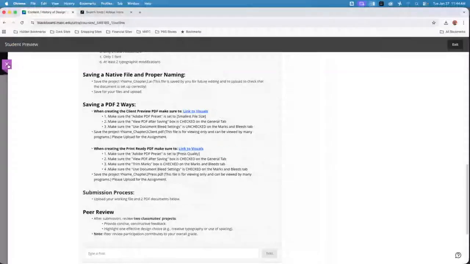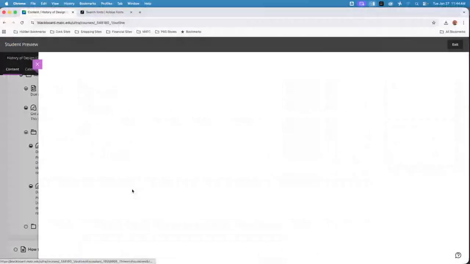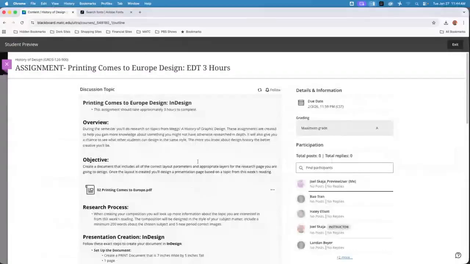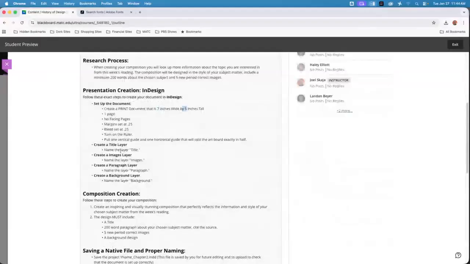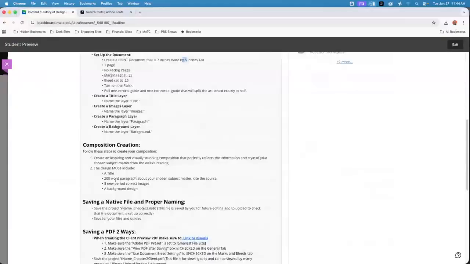Now, printing comes to Europe. We have our InDesign. I'll work on this for a little bit, and I'll work on it a little bit more next class, but I'll get it started. We're going to start with the InDesign document, 7 inches wide, 5 inches tall, create a bunch of layers, and then we have our work. And I'm going to show you a little bit how I work as well. And this will carry over into Thursday, as I'll keep you maybe another 30 minutes. We'll just get this started, but I want to show you my working process,